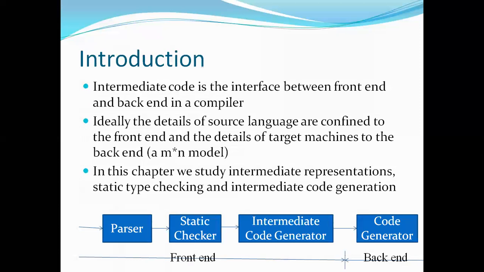Before knowing how to represent a syntax tree and a DAG, we first need to know the role of the intermediate code generator. Here we are implementing the intermediate language, right? For typical compilers it is easy to represent the form of the source language, and that form we call an intermediate language. This is the role of the intermediate code generator.